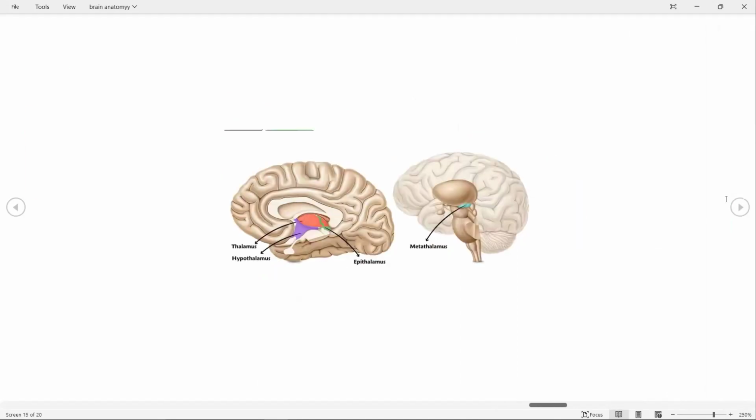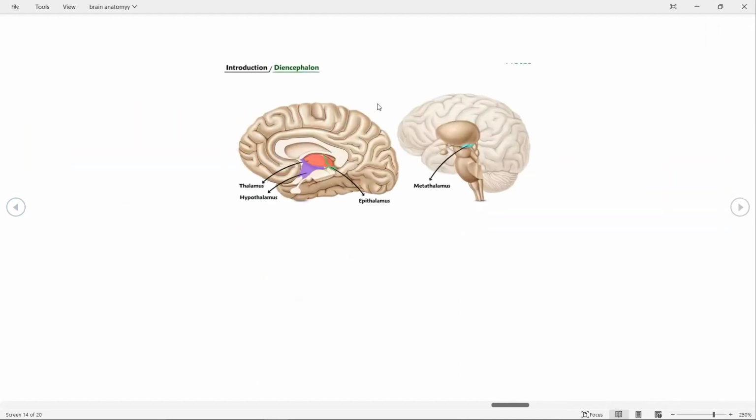Now you can see we have thalamus, hypothalamus, epithalamus, and metathalamus. All these thalamus structures are deep inside the brain, not up there, but deep inside. Let's get into that. Now the brain is divided further into the diencephalon. Now what is the diencephalon? It contains